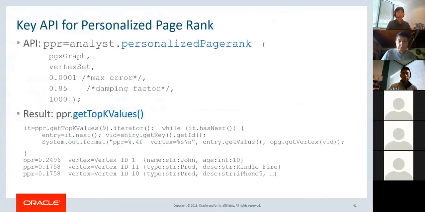Running personalized PageRank is really straightforward, as Albert has shown in the very nice notebook. You have a paragraph, but the key thing is really just one simple API call to compute a particular analytics. In this case, we run PPR. The API is shown here in blue font, personalized PageRank. You give a vertex set, which is your starting point or starting points, depending on the size of the set. And then you can iterate